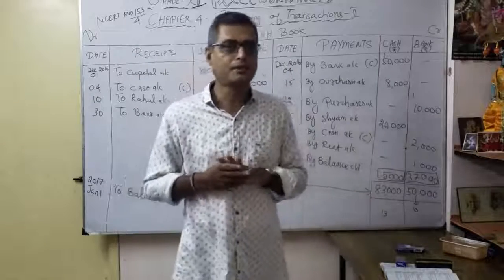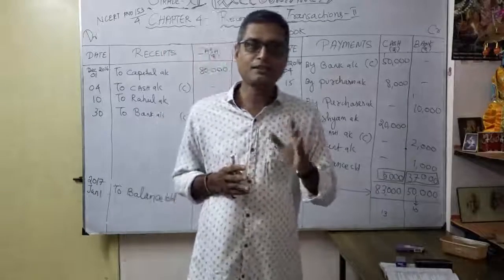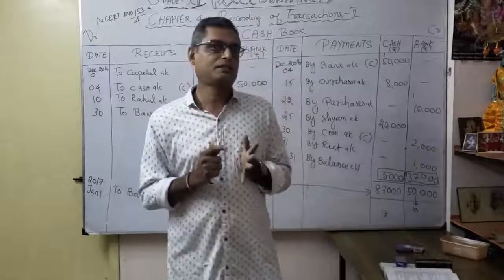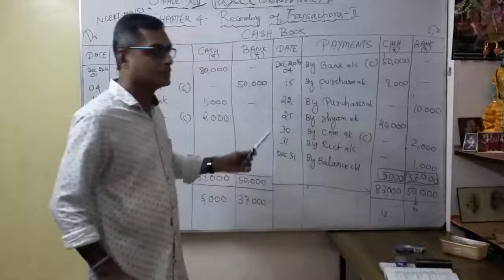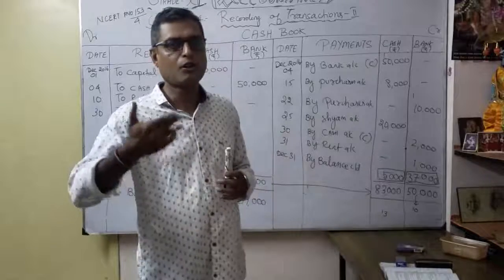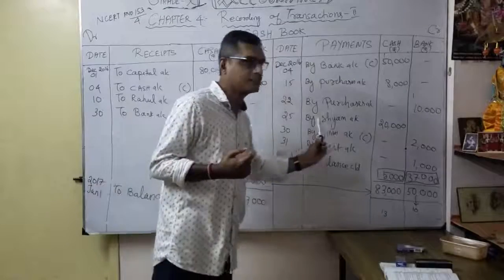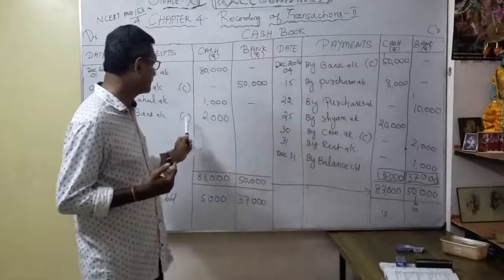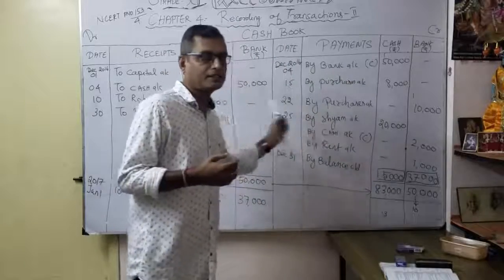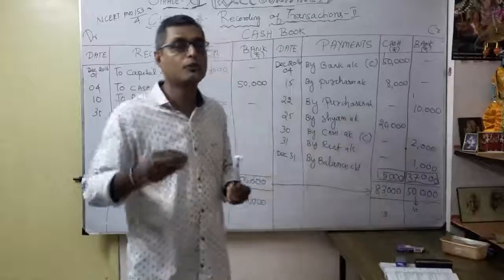So the double column cash book is very important. You have to write according to the transaction. You want to identify whether it comes under cash transaction or bank transaction. Accordingly, you have to write in the column. Suppose you misplace it, definitely you will get the wrong answer or wrong balancing. Similarly, you should be very careful with contra entry. Whenever cash is deposited here, whenever cash is drawn here, be very careful whether you have done it on both sides, as cash and bank, or deposited and cash withdrawn. That's what you have to keep in your mind.